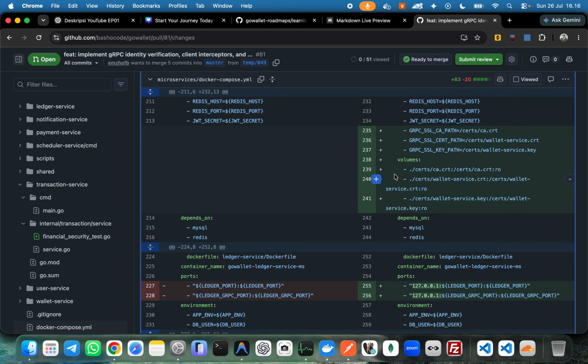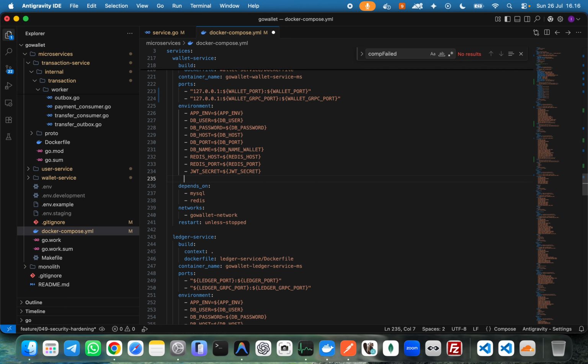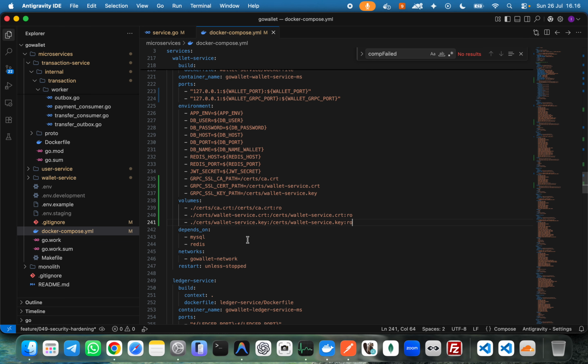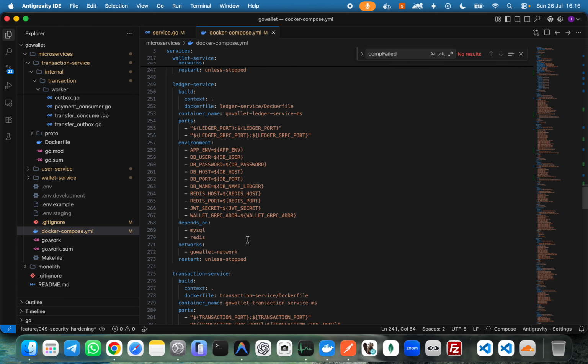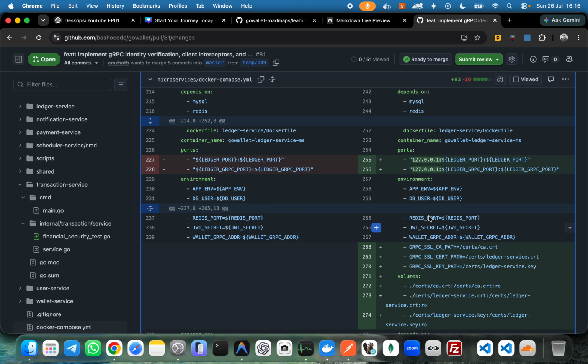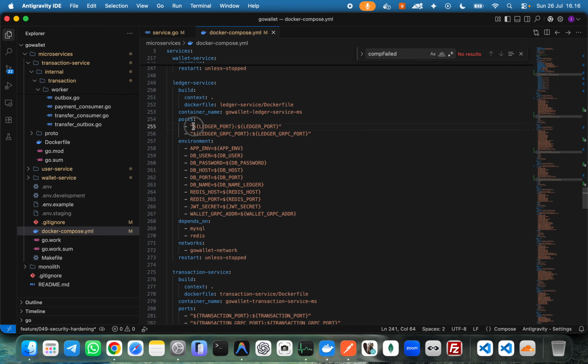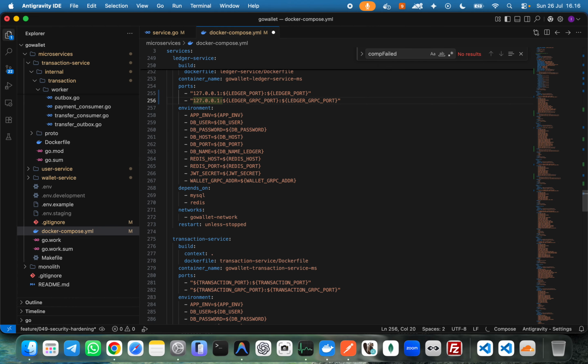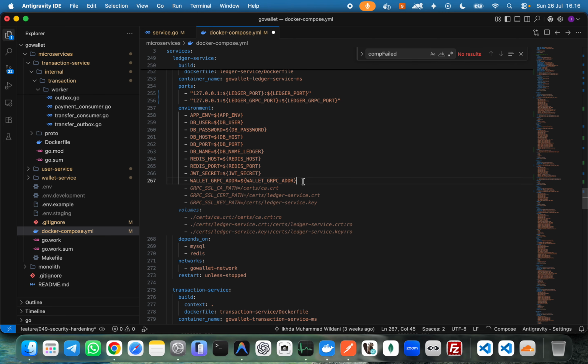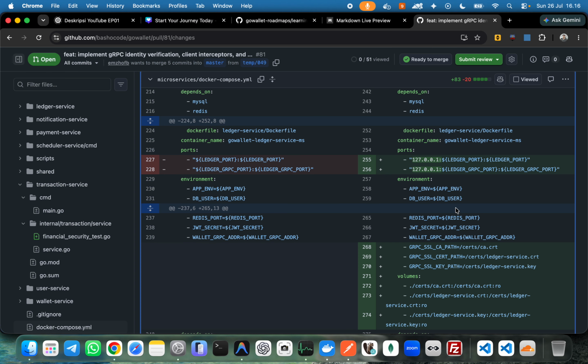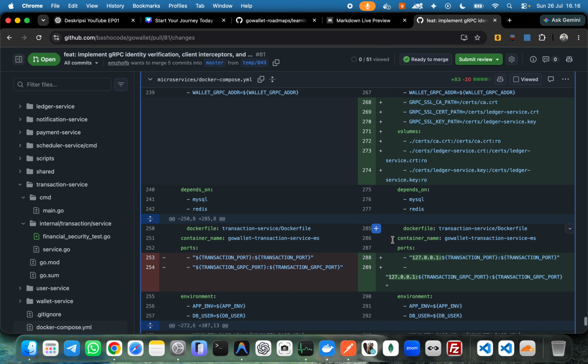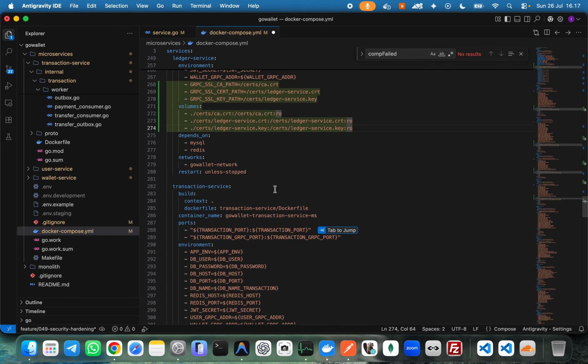And then this also copy. And for the ledger service as well. Should be the same, and then here in the transaction port,